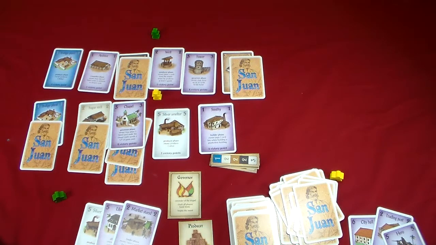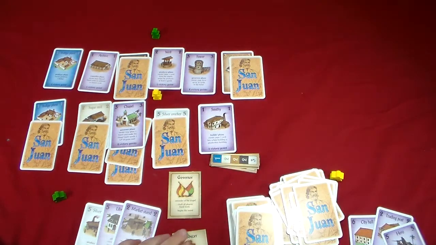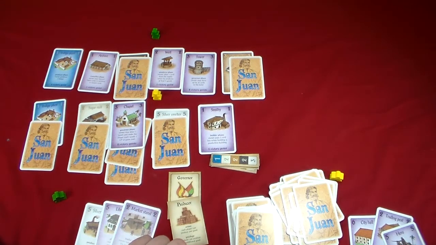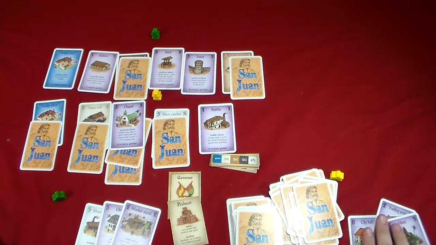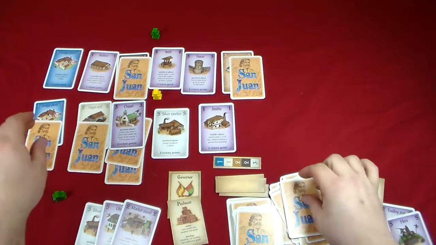And then Jen will produce the silver smelter, of course. It's worth the most points. Now she needs some cards. She can't really build anything because she doesn't have any cards. So she will play the trader. So she's going to produce some silver and then